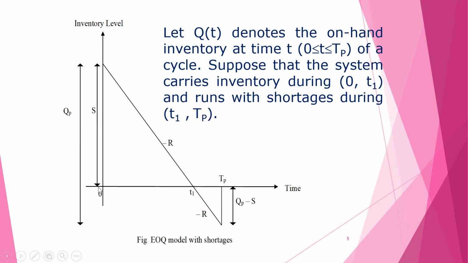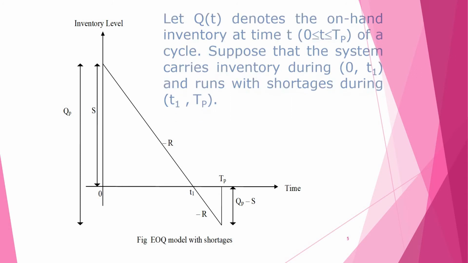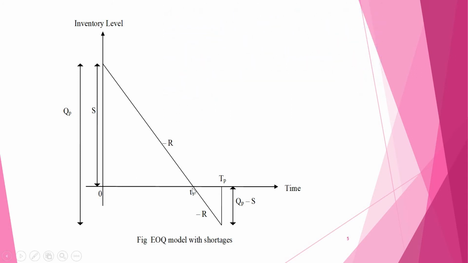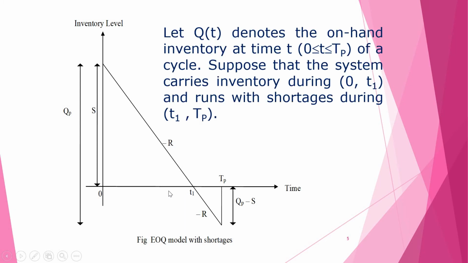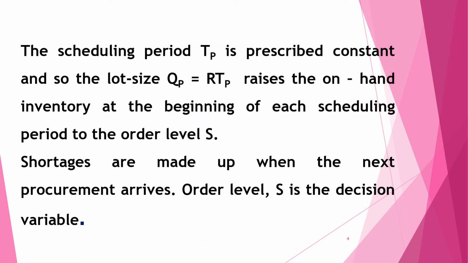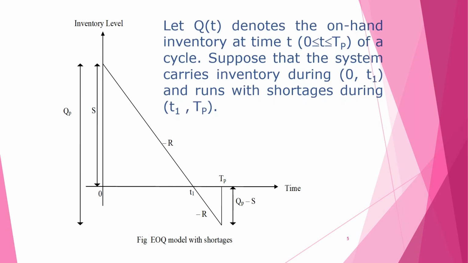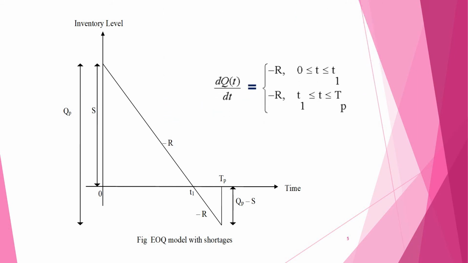S is the order level. As soon as it reaches S, we will order for QP units. So 0 to T1 is positive inventory time and T1 to TP is the time the inventory system